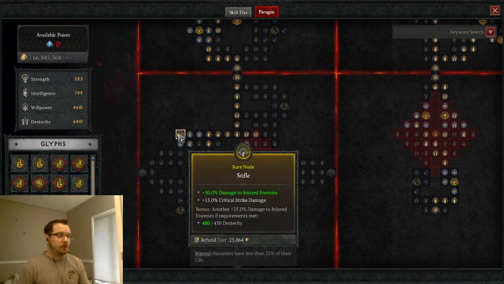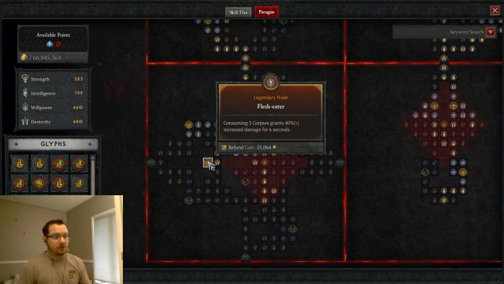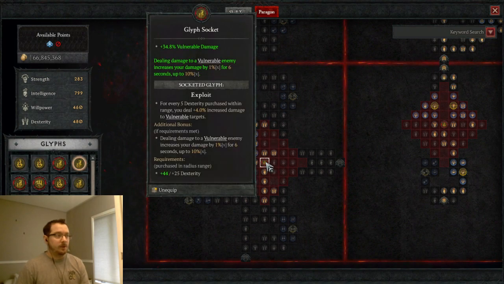Going back down to this one here, this is for Flesh Eater. Consuming 5 corpses grants 40% increased damage for 6 seconds. 40% is huge, and you're popping corpses all the time, so that should be pretty much always on. And the glyph here is Exploit. This is obviously for vulnerable damage, and we want to hit as hard as we can,